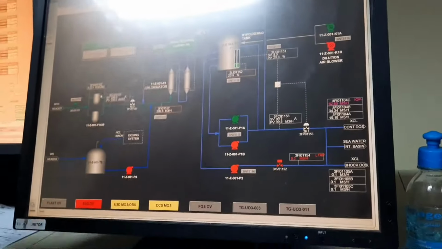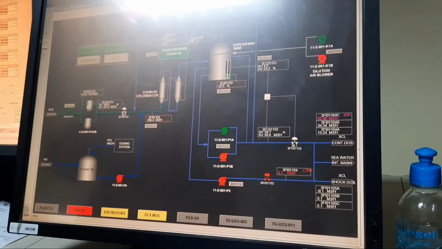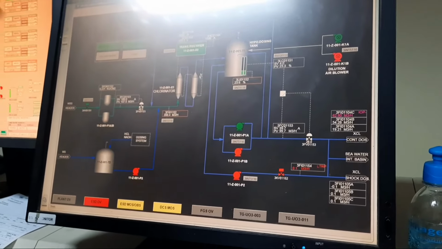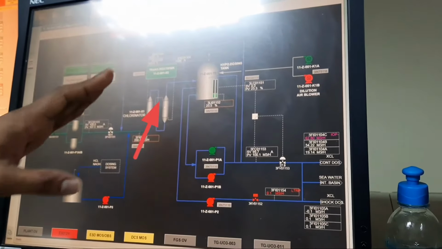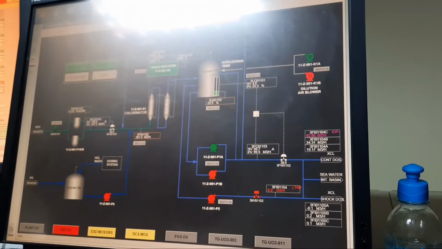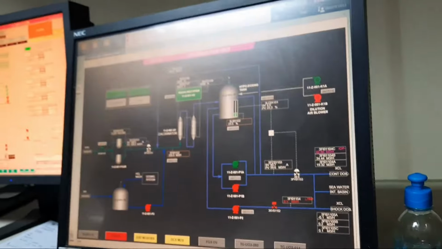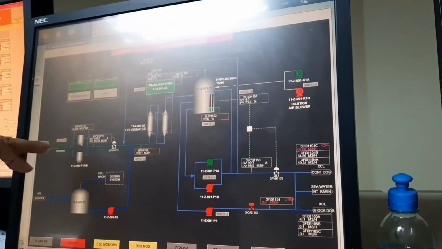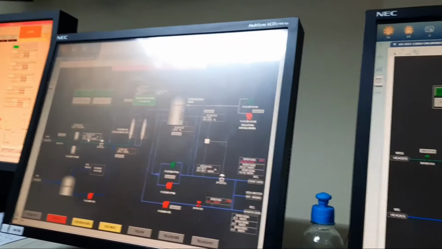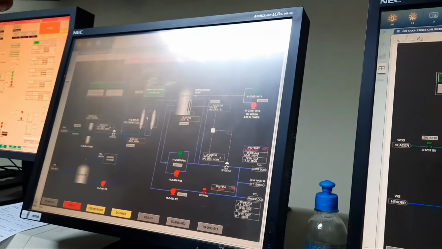So we are continuously draining 12 meter cube of water to remove big suspended solids, because suspended solids or garbage are harmful for the hypochlorite generator. If any suspended solid passes into the hypochlorite generator, it will create a layer and there will be no proper reaction, so production will come down. For that reason we continuously drain 10%, 12 meter cube, and 108 meter cube we are taking for the production. But in the design, the hypochlorite generator capacity is 197 meter cube.